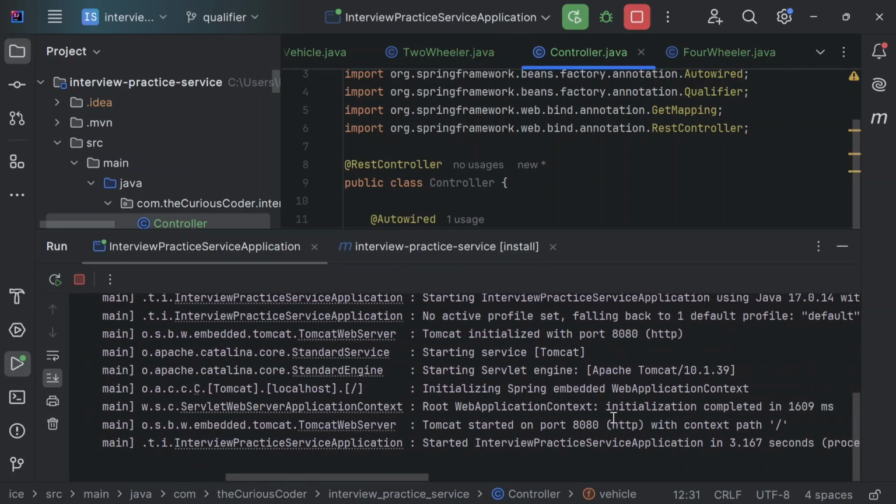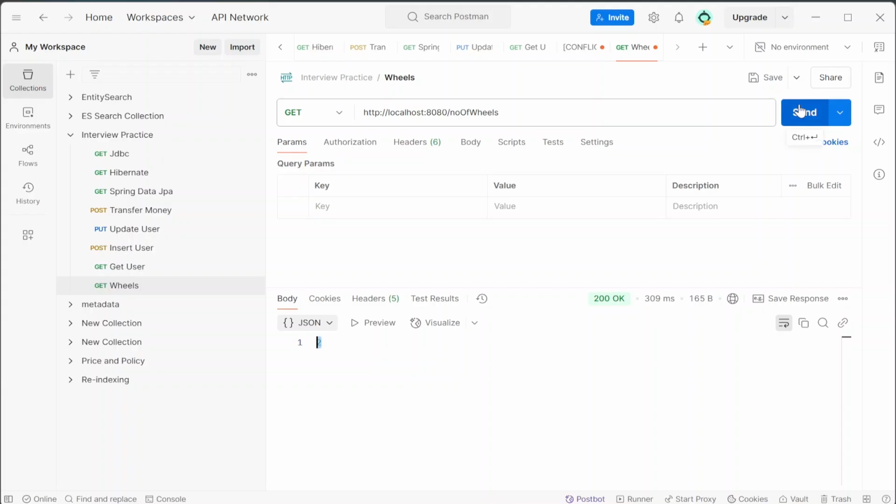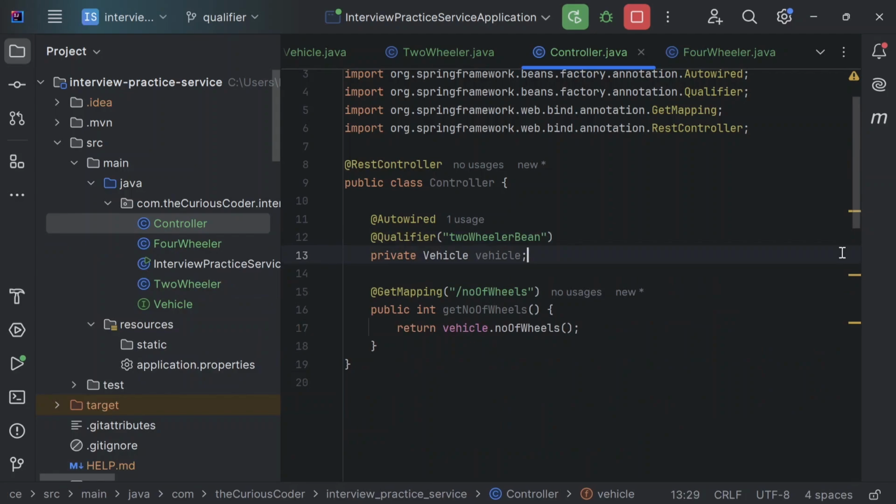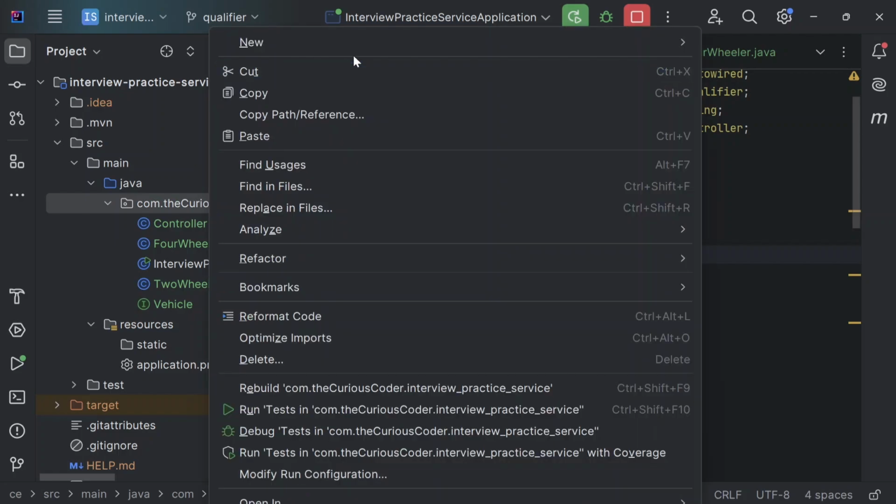Great, so still there is no error, and I'll also hit the API. Works fine. All right, now we'll see another use case, basically another example where this type of situation might occur. So I'll create another class, Employee,